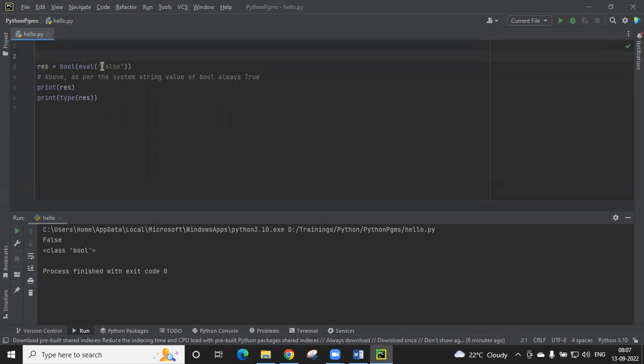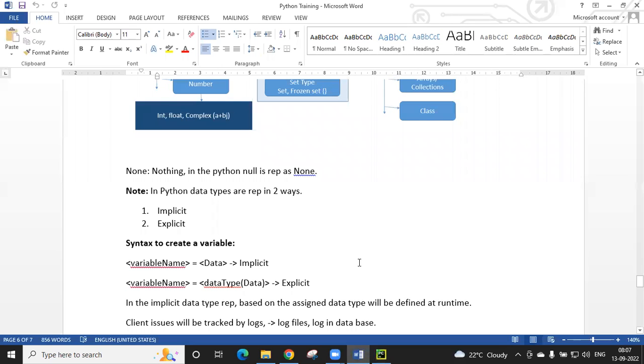Here I have given a case. For example, this is what type? Simply a string. If I say bool of a string, let me ask a question to everyone. In which case will Boolean return true, and in which case will Boolean return false? I have given one statement. So Boolean will return false for